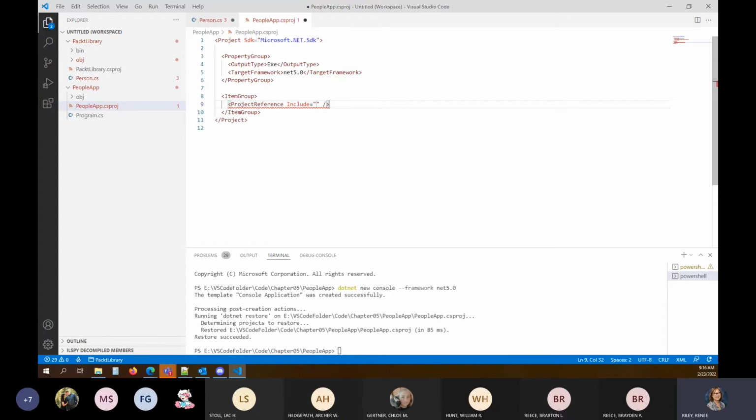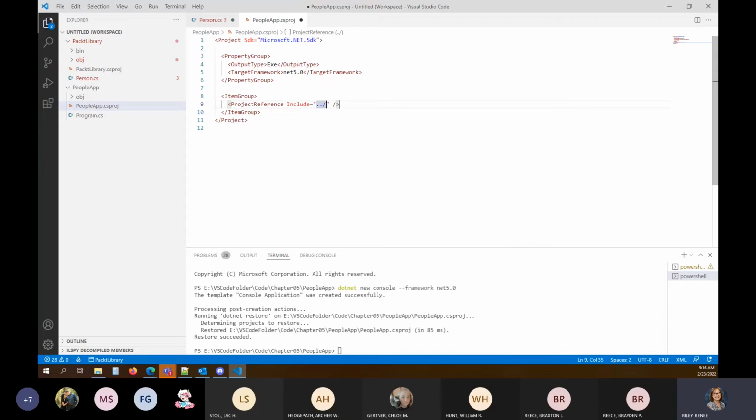I want project reference, and where that include equal, if you notice I just arrowed down to that and pressed tab or enter to drop that into my code. Now I can put my path name here. I start with 2 dots, which means based on the current folder, go up a folder.